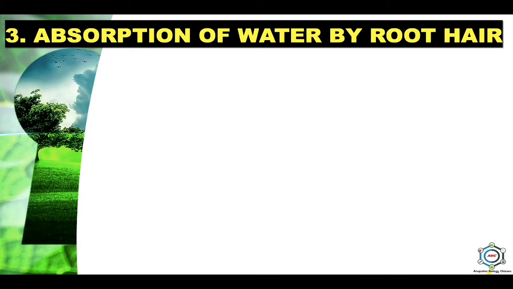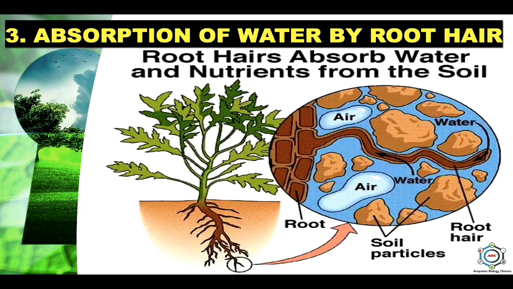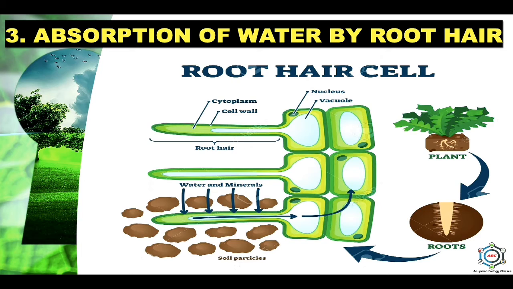So how can water be absorbed by the root hair? The absorption of water by plants is also known as water uptake. Terrestrial plants usually absorb water through the root hairs, which are in direct contact with the soil water and soil particles. The initial step in the water uptake is the imbibition of water molecules by the outer pectic layer of the cell wall, which is hydrophilic in nature. The outer layer of root hair wall imbibes water molecules and then these molecules enter into the cell sap.